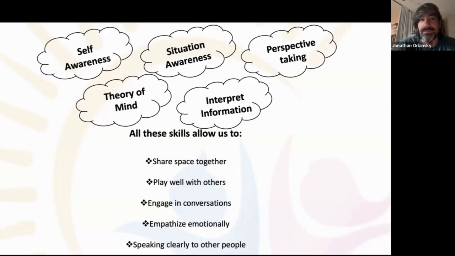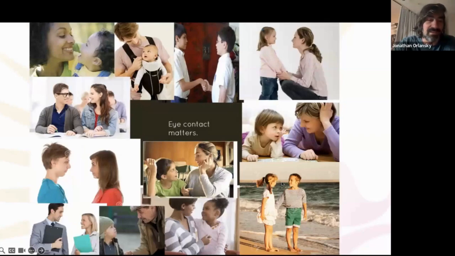Being able to know who we are, what is expected, what others are thinking, and what they know, interpreting the interplay of knowledge and awareness. This is the theory of mind. Really, it is the blend of perspective, self-awareness, and the interpretation of information. That is the underpinning of what allows us to do all these things, which is basically just be a social person in the world.